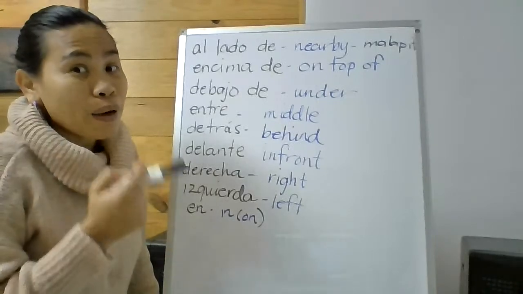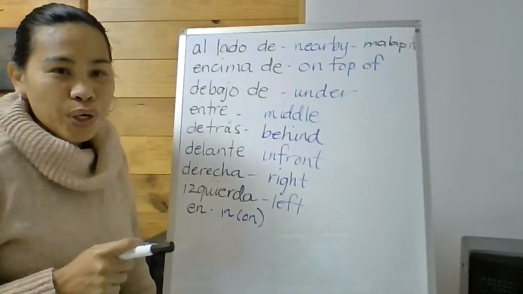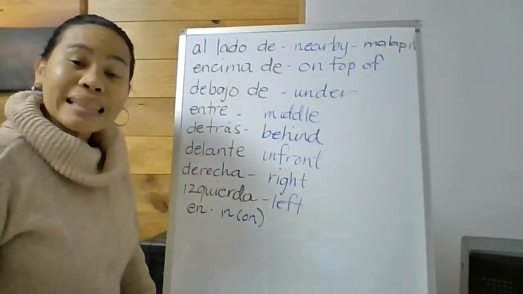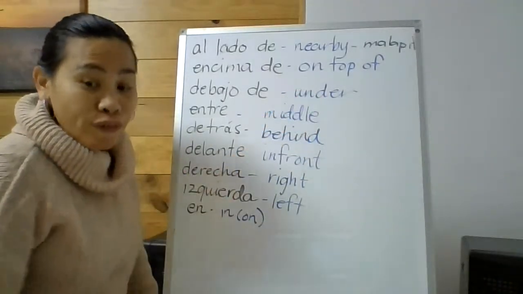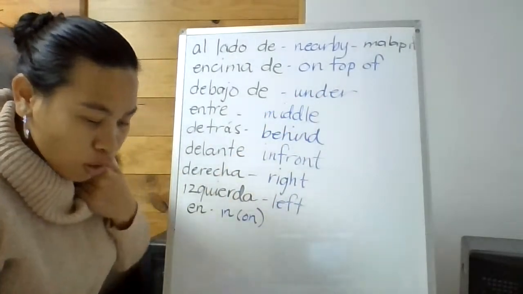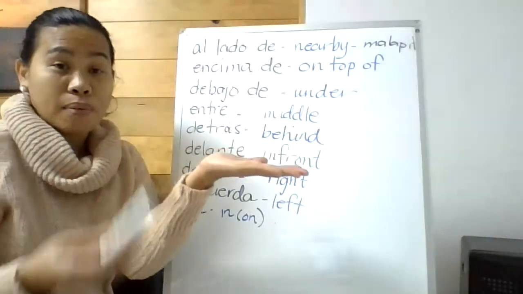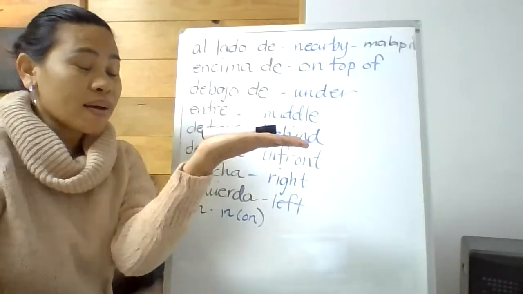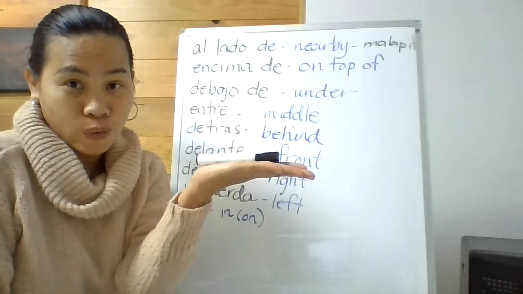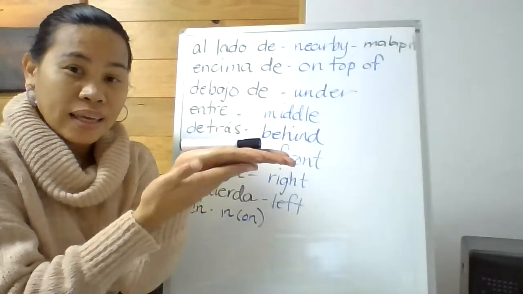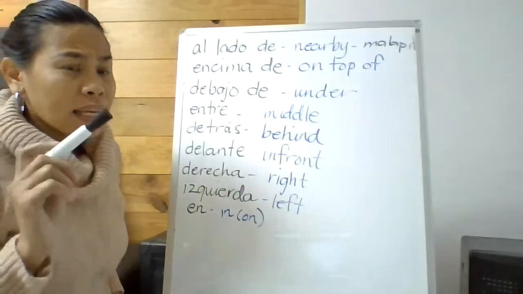Al lado means nearby. In Tagalog, malapit. Okay? Next word. Encima de. So, on top of, or on the top of. For example, encima de mi mano. So, on the top of my hand. Encima. Okay? And then next,